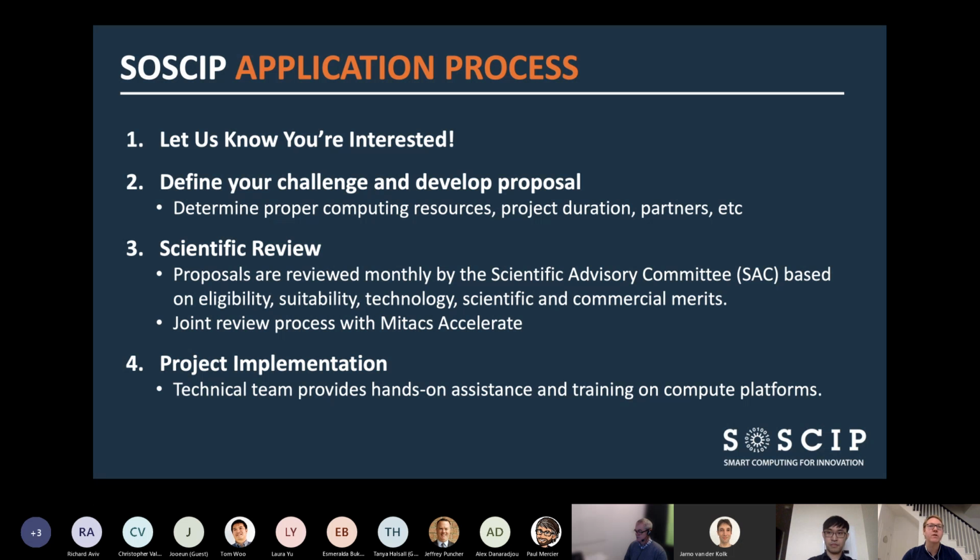Really, we want to ensure that all of our teams are fully supported from time of application through to onboarding onto the platforms through to project completion, that there is a team on our side that is here with you the entire time. If you need any assistance, help or support, we are here to help manage your project. And really, we want to ensure your project success through the duration.